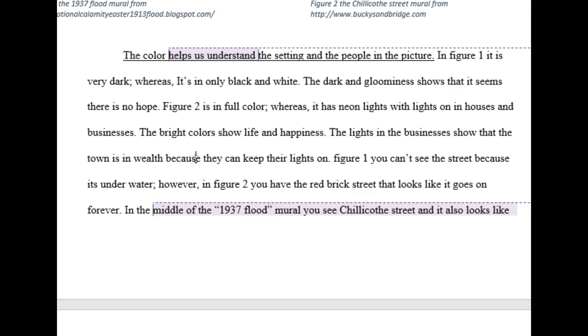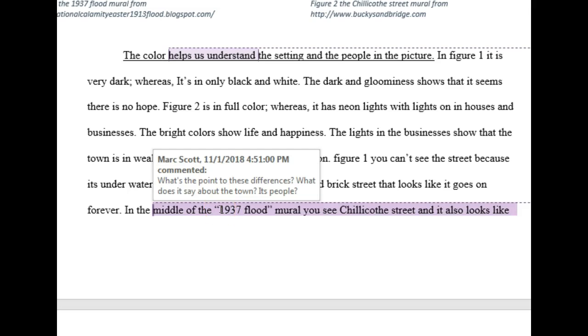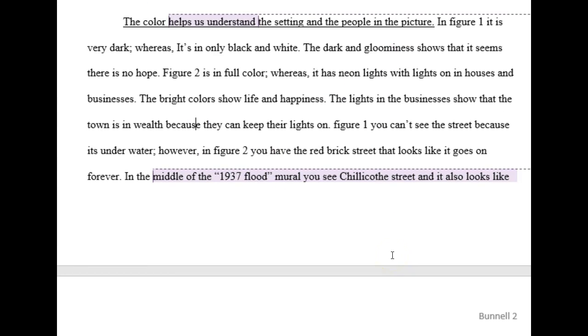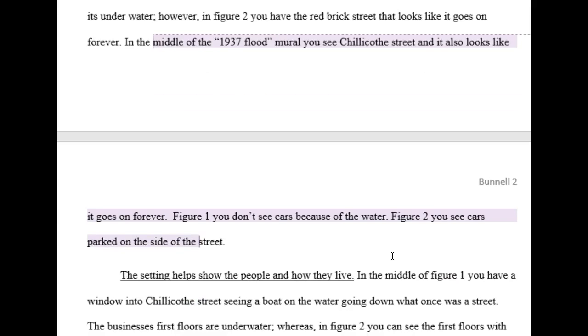You're noting a lot of the differences between the two murals, and they are very different. Definitely when it comes to color, they are very different. I think the overall point to think about is, like, what's the point to those two differences? What is it saying about the town and its values, that idea, that word that you mentioned in the thesis statement? What is it saying about the town's values that we have these two different things? That we have these two different murals that are saying something about the town. And what are they saying about the town's values that we have those two different murals?